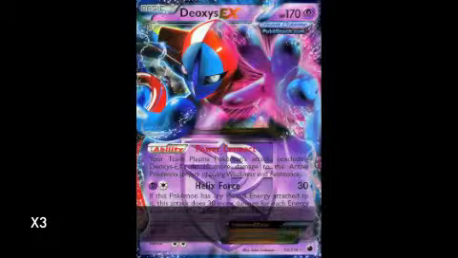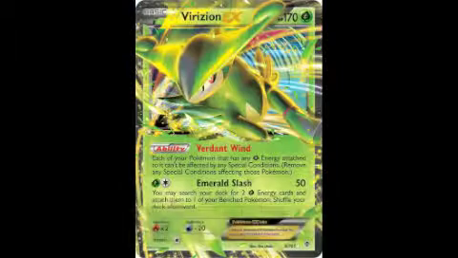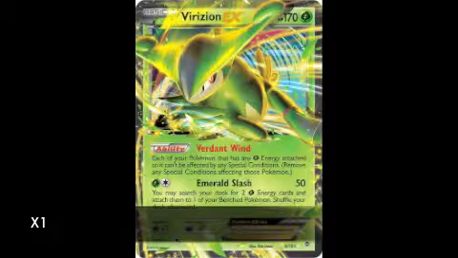Deoxys EX's use is fairly straightforward, being used mainly for Power Connect, an ability that increases the attack of all Plasma Pokemon by 10, per Deoxys on the bench. Now this is extremely key for certain matchups that I will discuss later. Virizion EX is another Pokemon used mainly for its ability. As long as Virizion is in play, any Pokemon with a Prism or Rainbow Energy attached can't be affected by